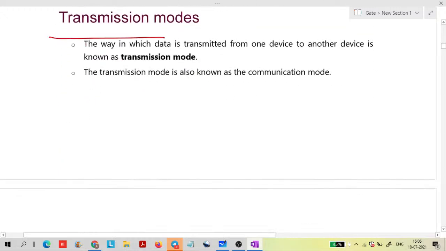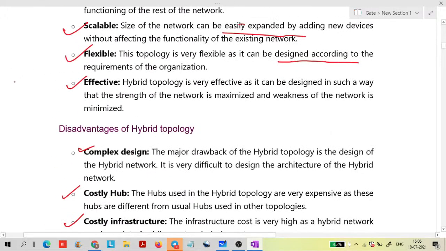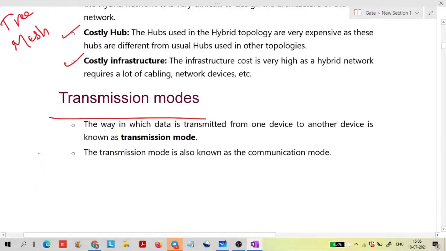Next, let us discuss transmission mode. Before that, I will revise. We discussed bus topology, ring topology, star topology, tree topology, then mesh topology, and the last one is hybrid topology. So these are the different topologies that are based upon the